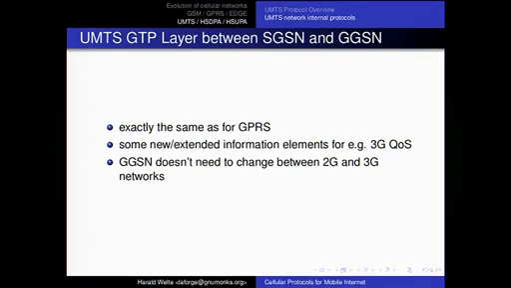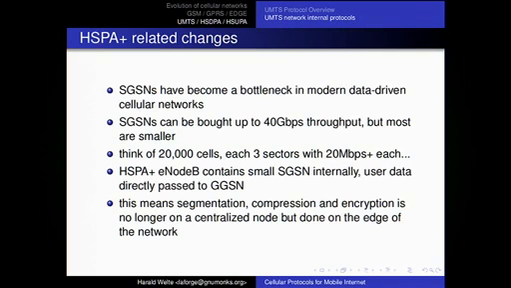Okay. The GTP layer between SGSN and GGSN is the same as in GPRS. There's no real change. Some new information elements or something, but that's really it. There's no change at that point. Now, if we look into HSPA+, the problem is if you go to the data rates that I have indicated, like these 180 megabits theoretical maximum for a single base station,